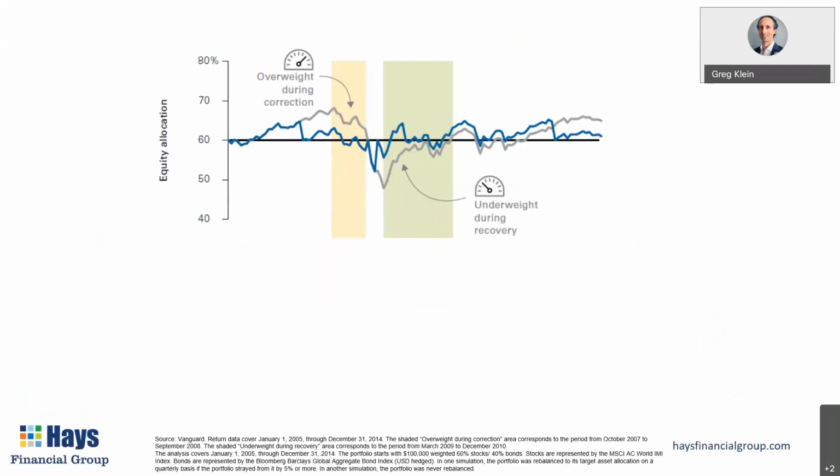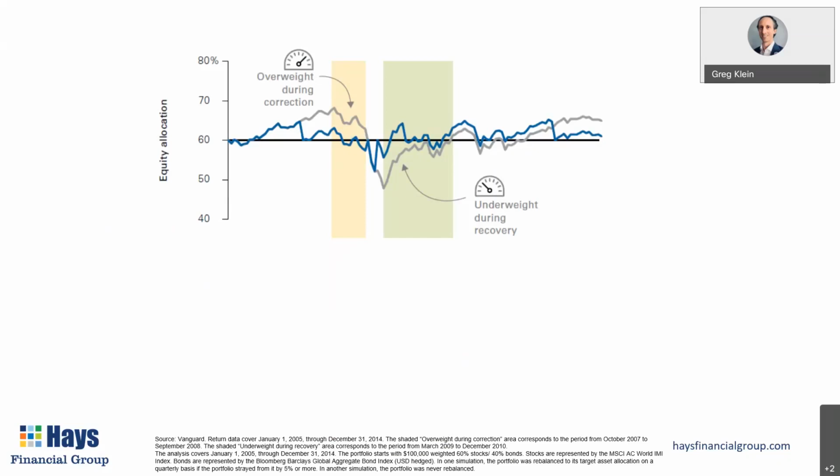Because if you don't, again, what happens is you get out of balance and then you'll find yourself in a situation where if the market's high, now you have more exposure to the stocks and to the market for when it shifts and when the market corrects or when the market falls. Like this chart, it shows this unbalanced account had a lot more in stocks than it had initially. It wanted 60% allocated to the stock market. But before the market corrected, then back in the financial crisis, you see they were up more at like 70% allocated to stocks. So then when the market did fall, they were hurt even worse.